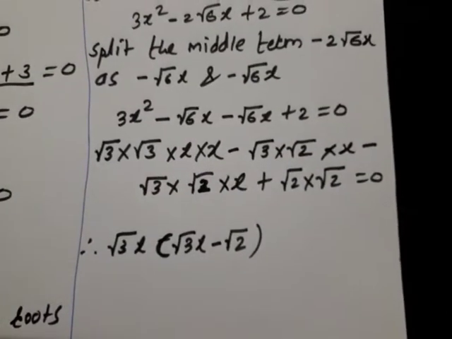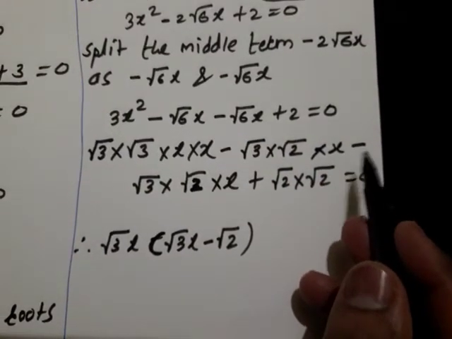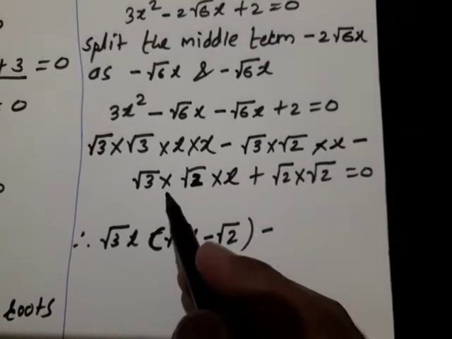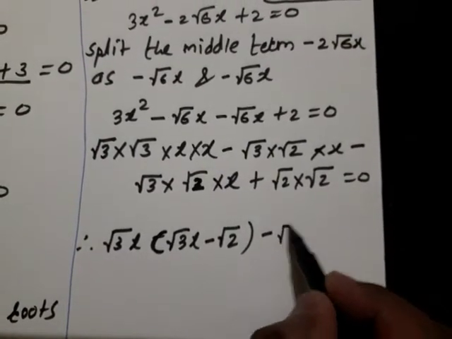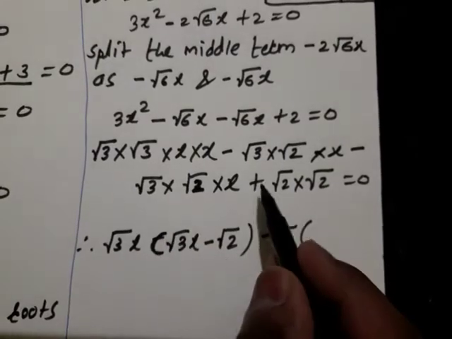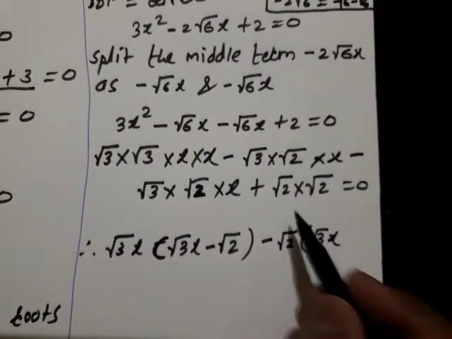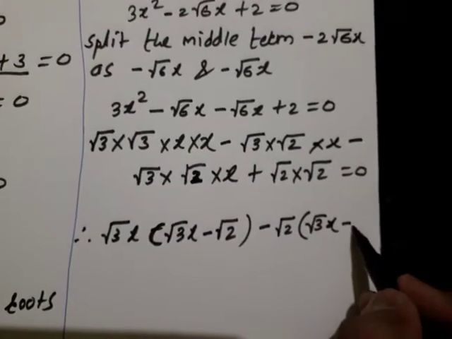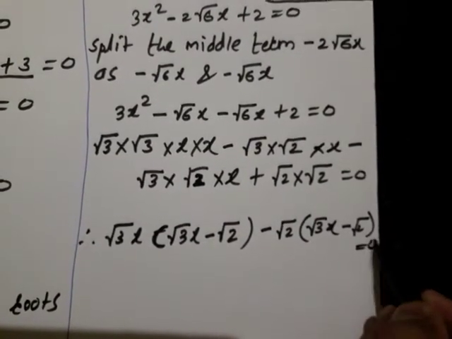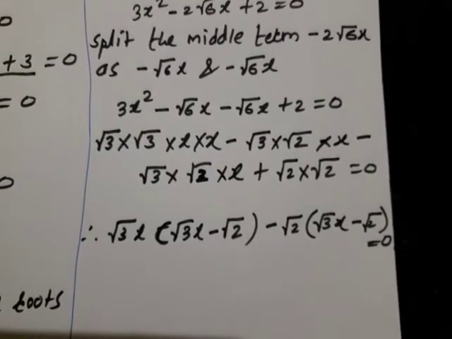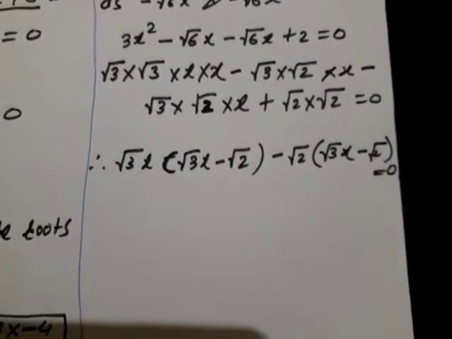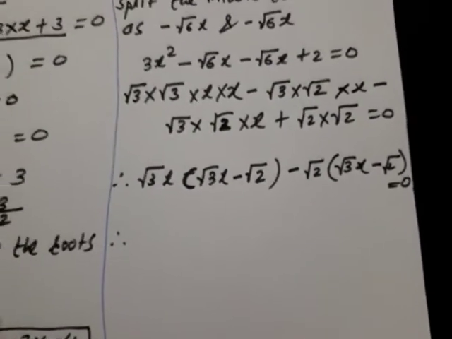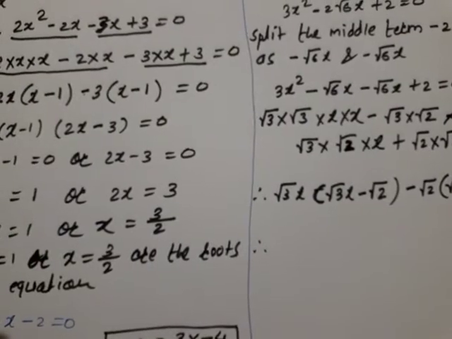Okay. Next, look here. Here we have to get a minus sign, that's why we will take the minus sign outside. Here what will we get? See, root 2 and root 2 is the common factor. Then what will remain inside? Root 3x. Here plus is there but the minus sign is outside, means we will write here minus root 2, bracket complete, is equal to 0. Got idea? Next, therefore what we are getting, see, it's very important now. Before that also we did like that. Same thing we are going to follow over here.